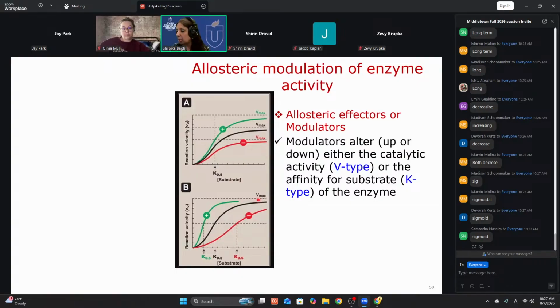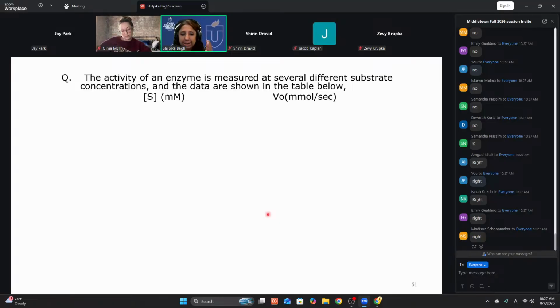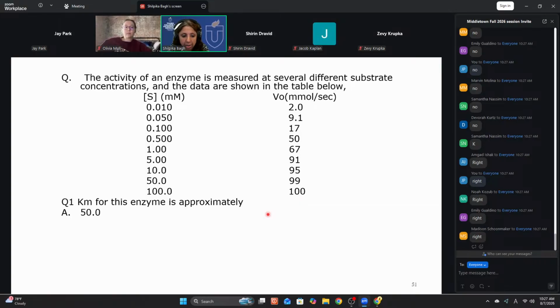Do allosteric enzymes follow Michaelis-Menten kinetics? No. Do they have a Km? No, but they are K type and V type. If the S-shaped curve is moving right and left, it is K type. If the S-shaped curve is moving up and down, it is V type. Now tell me, when the S-shaped curve moves right or left, which is inhibition? Right is inhibition, right? Does that make sense? So understand by graphs.